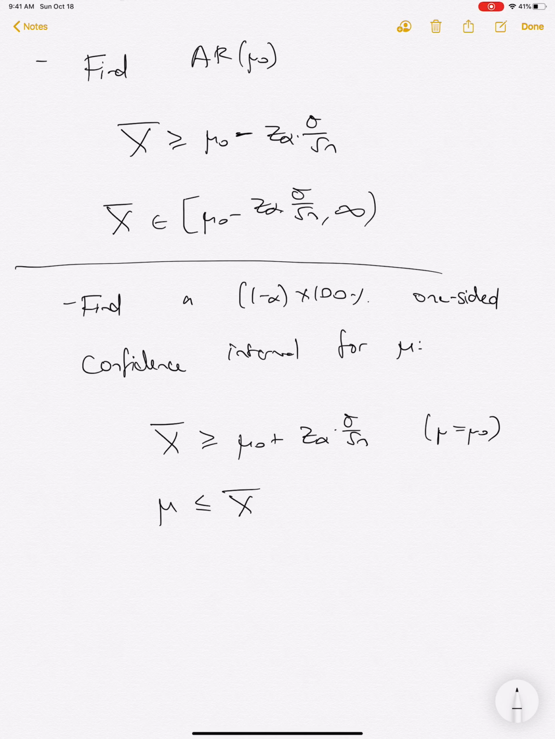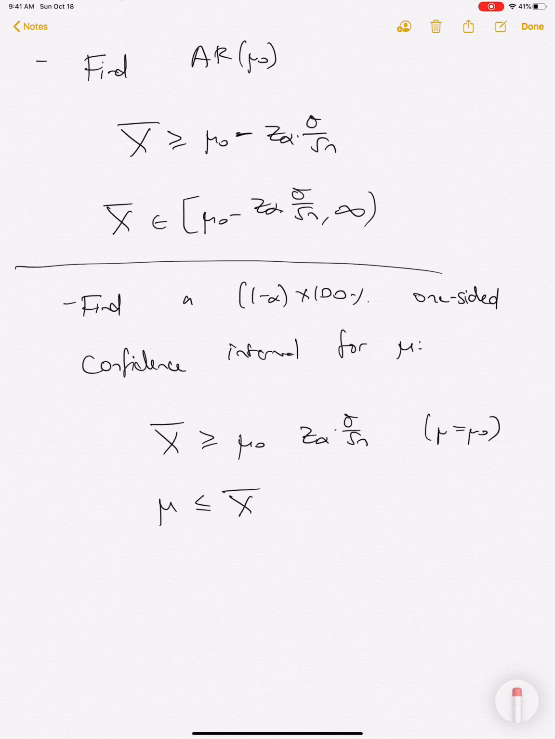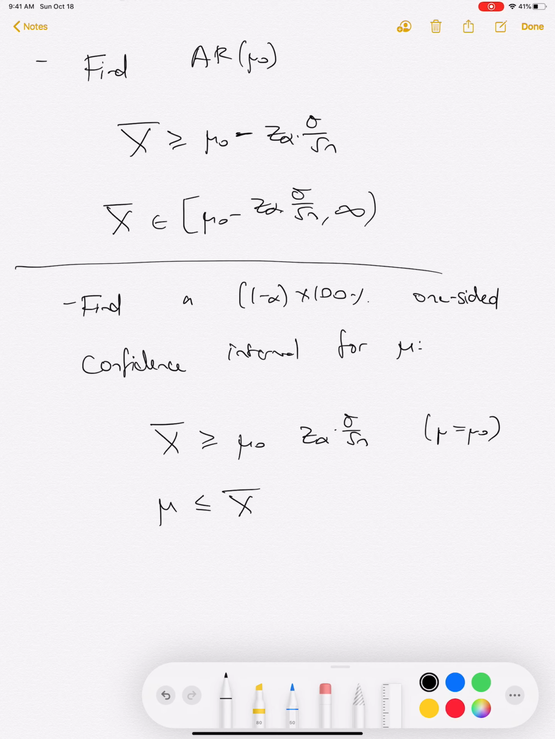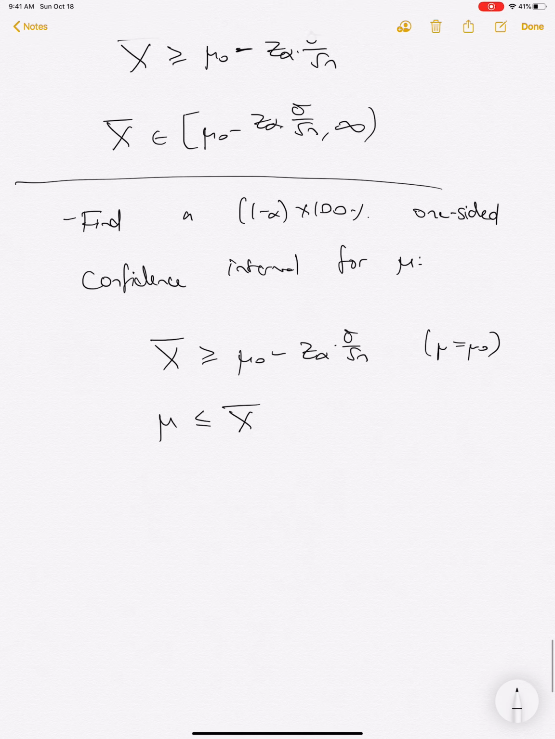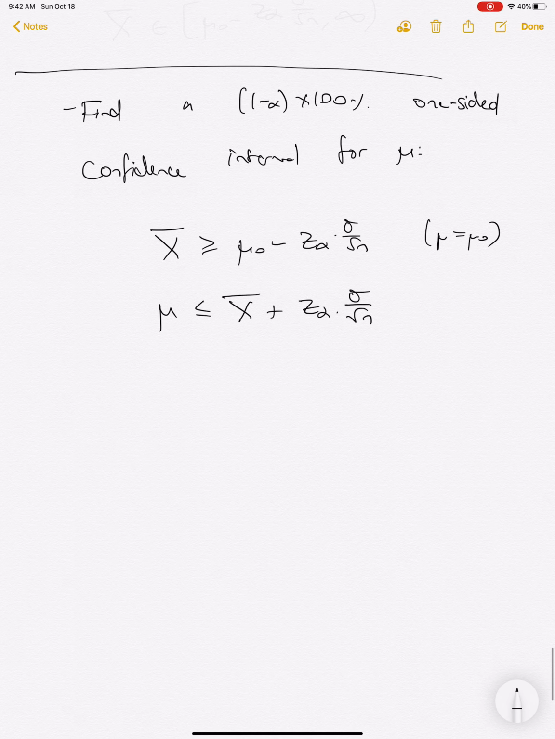Okay, and so we have that this is a minus. Yeah, it's very easy to get that the wrong way around. So always keep that in mind when you're doing this. Okay, so this is going to be a